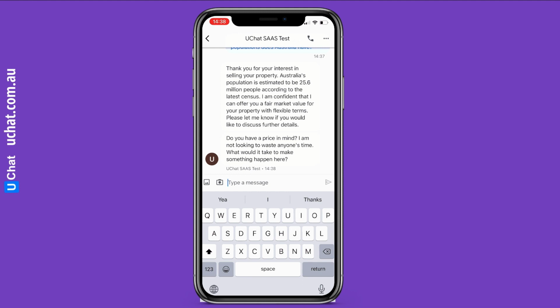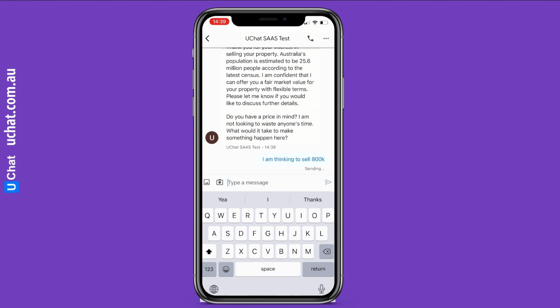Okay, and this question you can see: do you have a price in mind? I'm not looking to waste anyone's time. What would it take to make something happen here? This is the predefined questions we designed in our system. And you can say, I'm thinking to sell, something like that.